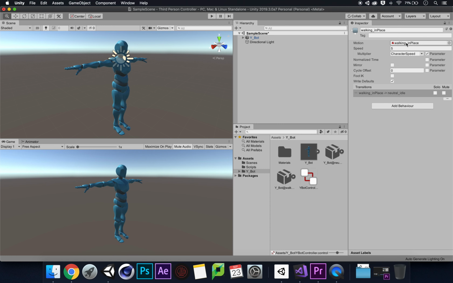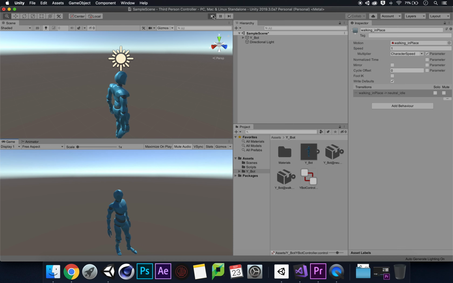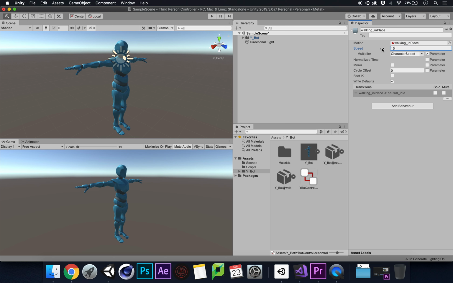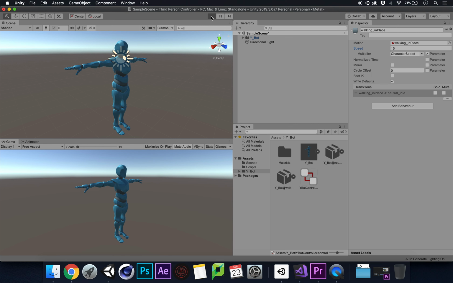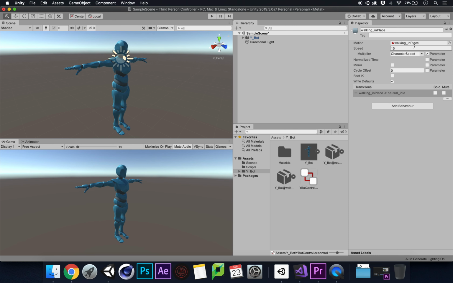Let's just stop the play and see what that looks like at 1, because that was slow at 5. Let's turn around. Oh man, that's really slow. Okay, so let's try 15. That's better. So 15 seems to be quite nice actually. Oh, that seems a bit weird. We're freezing there. Okay. So what we may need to do, because we're freezing on the walks, let's